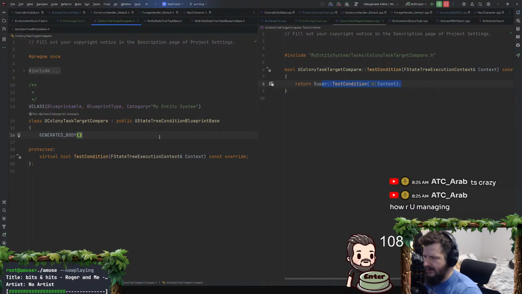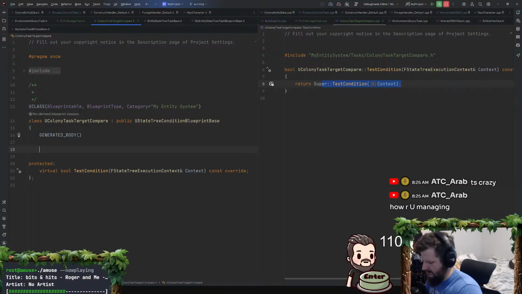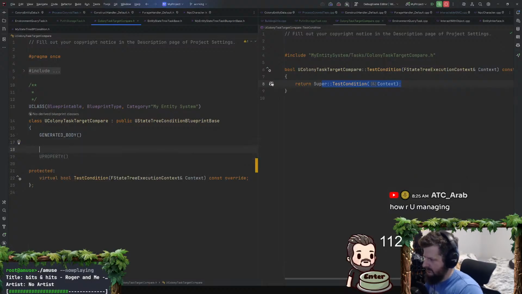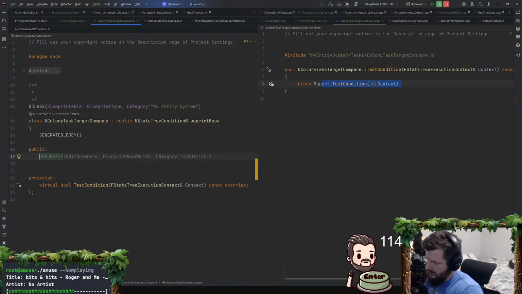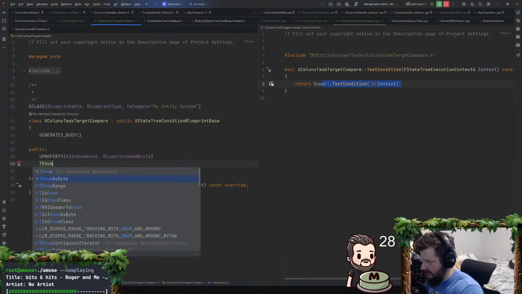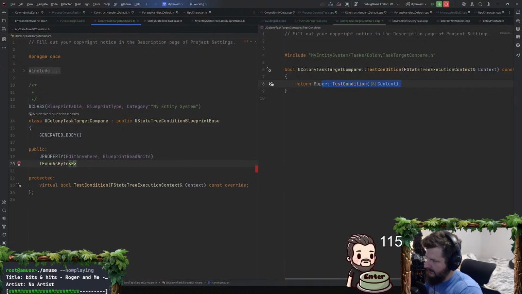That's condition. I have context. Then I guess I just make UPROPERTYs here, right? Probably need them to be public. EditAnywhere. BlueprintReadWrite. And then this is TEnumAsByte, F or E colon it. Yeah. That targets